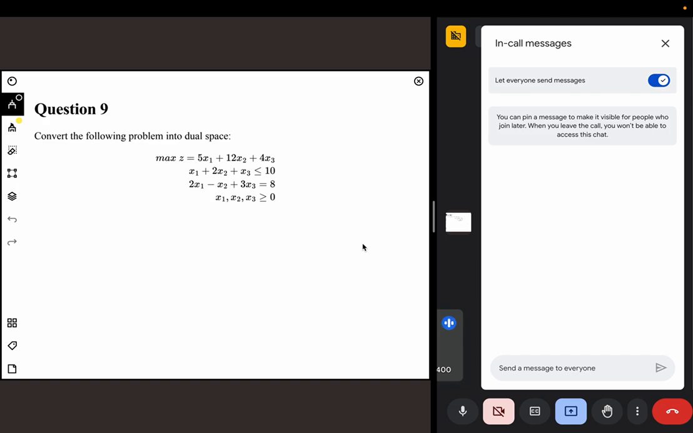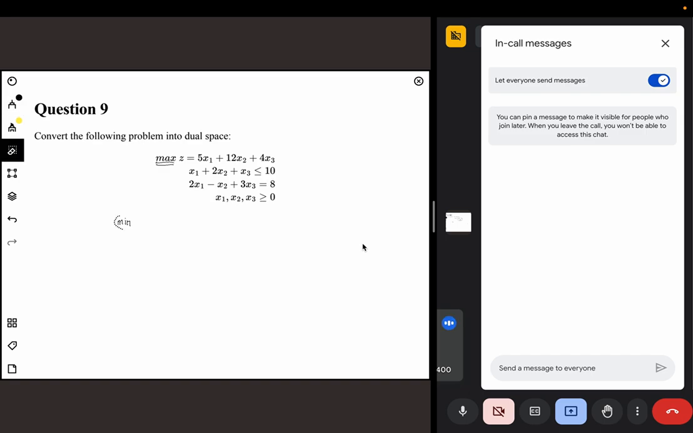So first start with this one. Maximum becomes minimum. Now convert the variables and constraints thing. So what are the variables here? x1, x2, and x3. They become the constraints, right? So the constraints will be,